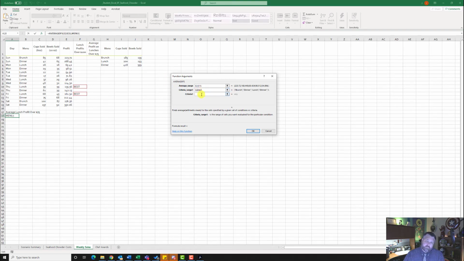First criteria range is menu. The first criteria, open quotation marks, capital L for lunch, and close quotation marks. Criteria range 2 is going to be, again, E2 colon E15. Criteria 2 is going to be open quotation marks greater than